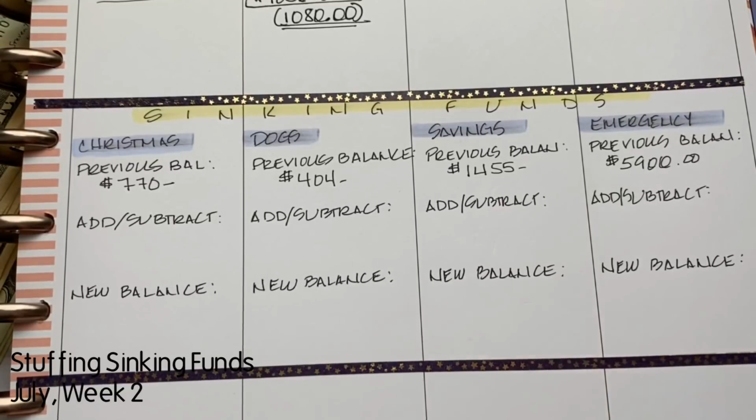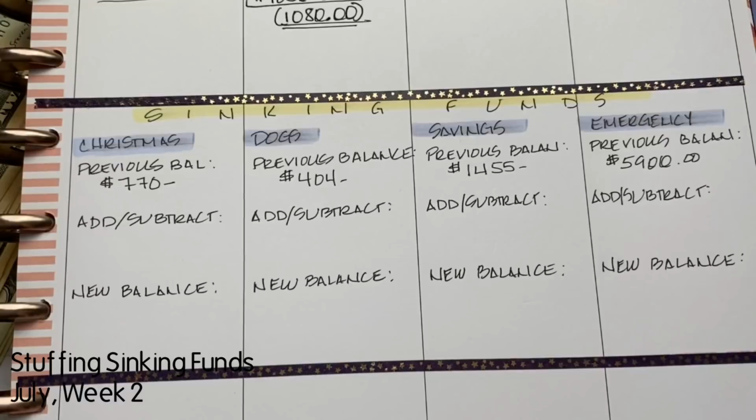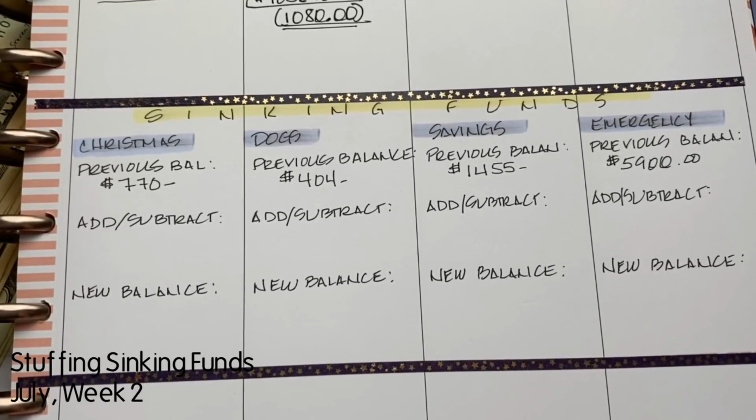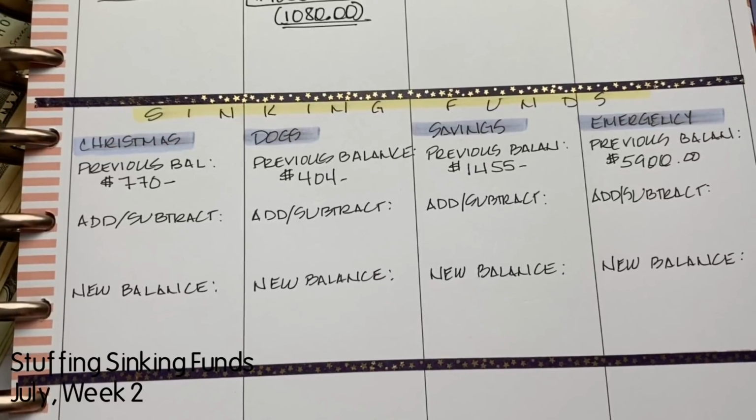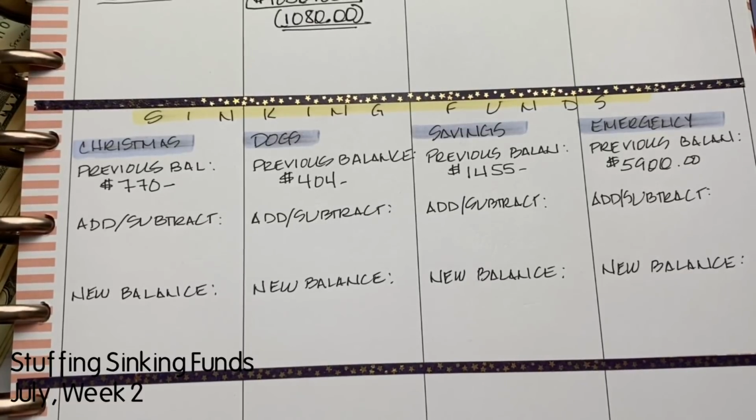Second priority is our savings fund. And the reason why that is such high priority is because we definitely have some things that we need to repair for our house, repair and replace. And also I am saving as big of a down payment as possible on the next car. So we have 2 leases. And the next lease that's going to expire would be my husband's. I think he has 13 payments left, or maybe it's 12. So